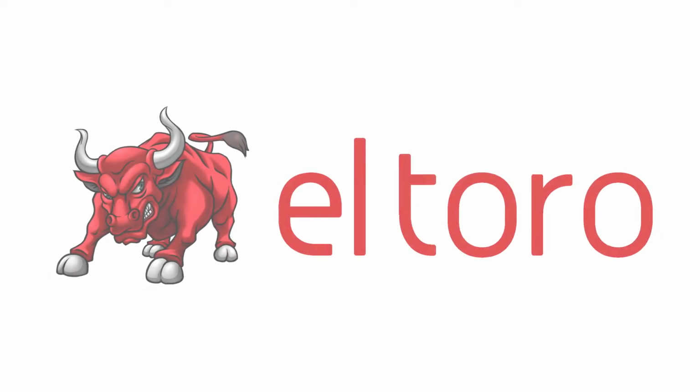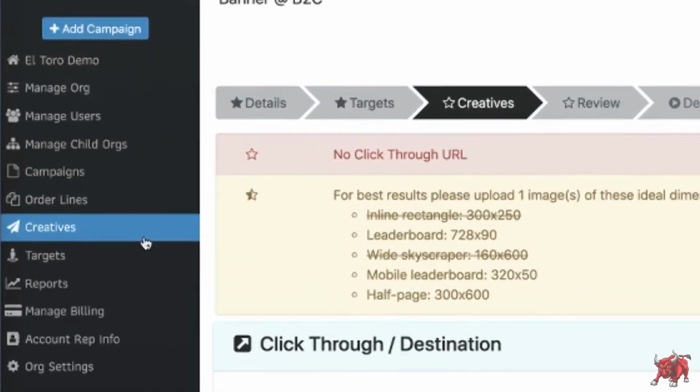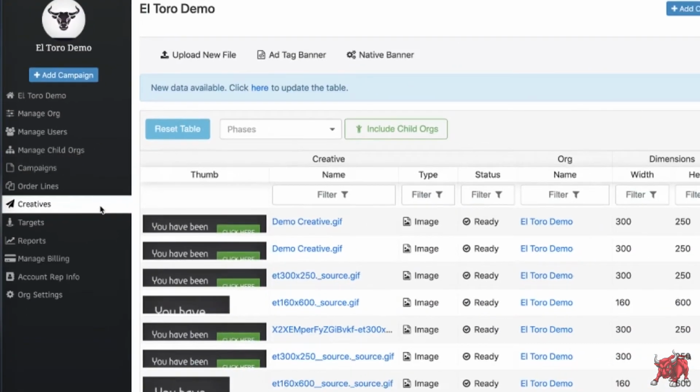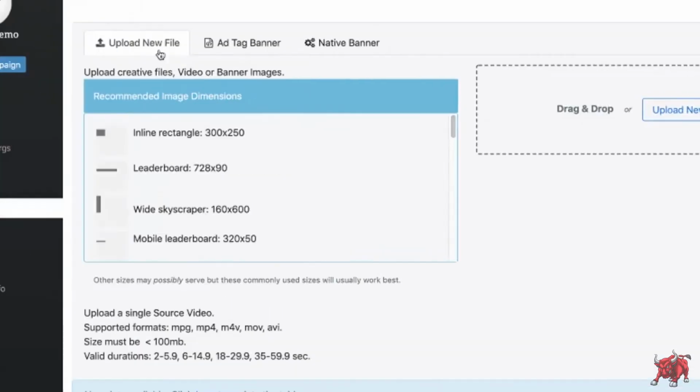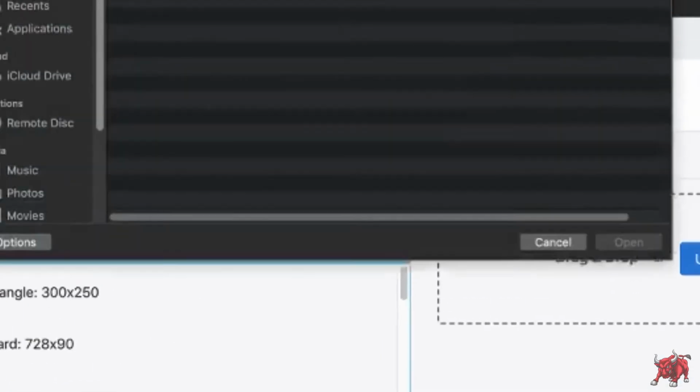Creative assets can also get uploaded to your organization's library from the left-hand navigation menu. Click Creatives in the left-hand navigation menu. Select the Upload New File option, where users may select the applicable files from an upload window or drag them